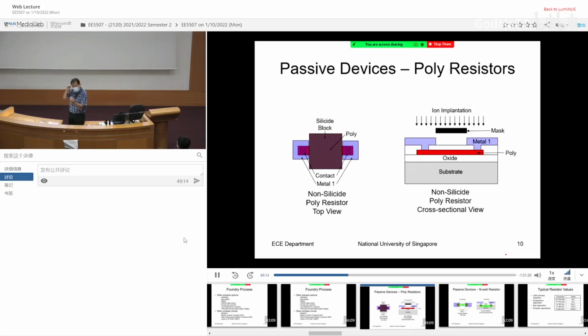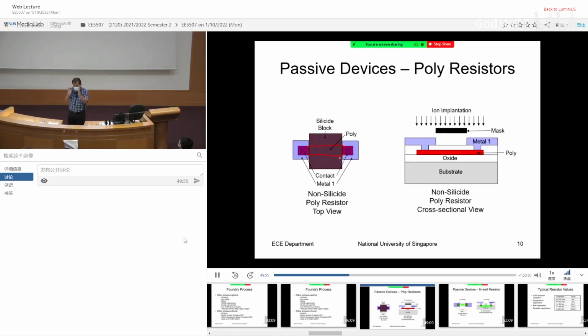How do you control? Whether I dope the semiconductor, make it high conductivity, or I non-silicide, I don't do anything. I block the doping. I don't dope anything. So high resistivity. Okay? So how do you determine that? You lay out the mask. So for example, here I show a silicide block. I draw a rectangle. At the middle, I don't show the transparent thing, but you can see that the wire actually goes through all these things. The red color one is actually a piece of poly semiconductor. Okay? And the bigger rectangle, the silicide block,